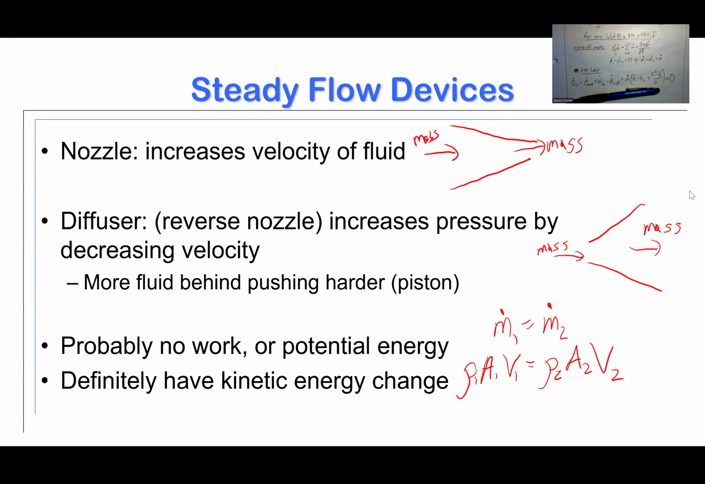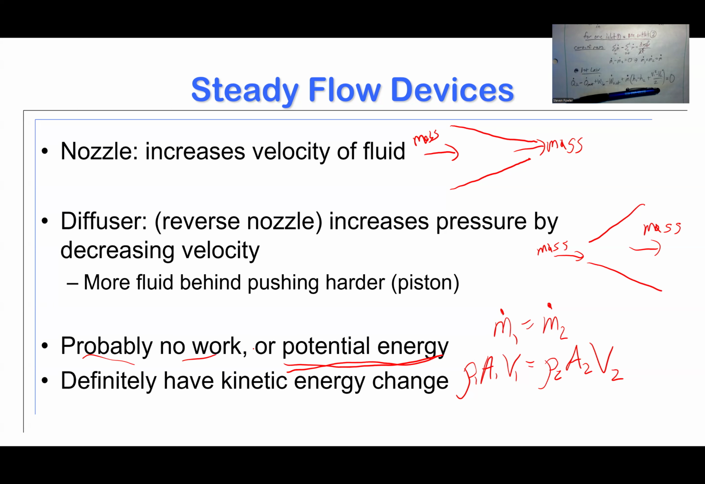In the previous video, we just finished up talking about introducing nozzles and diffusers. Now, one thing we didn't mention there is this idea down here at the very bottom. As we've mentioned before, probably no potential energy change, probably no work, but that's only going to be true if I don't have the most common type of work